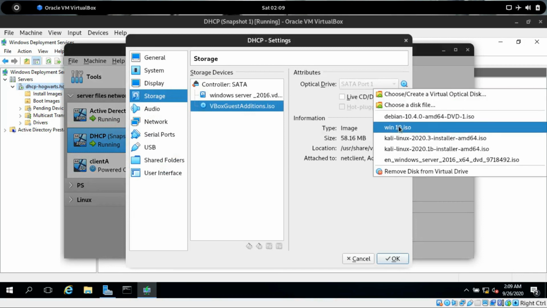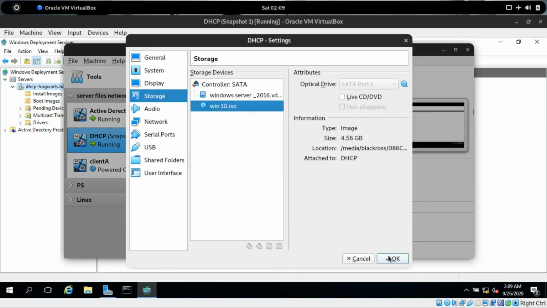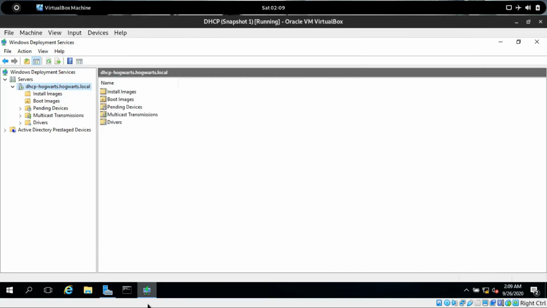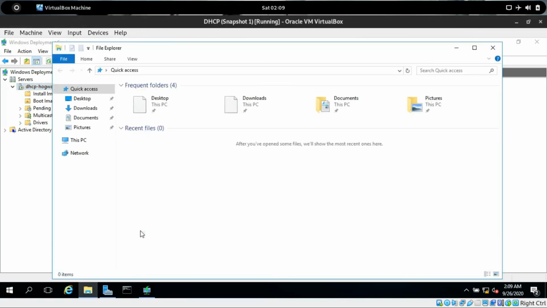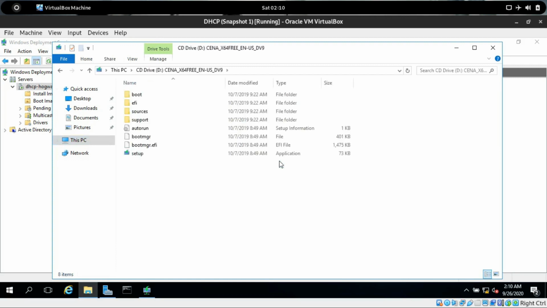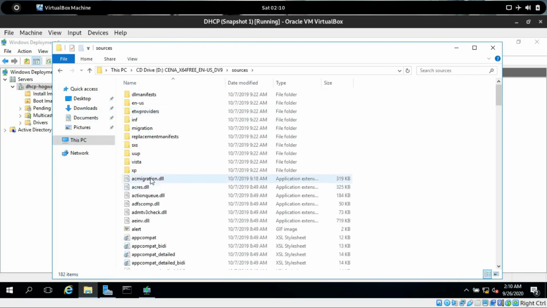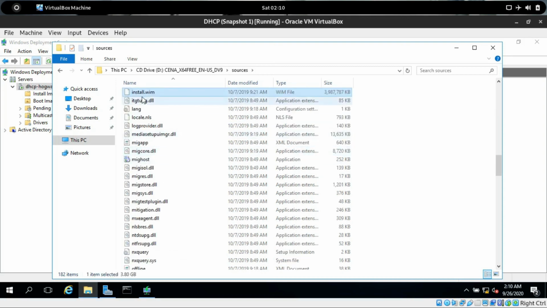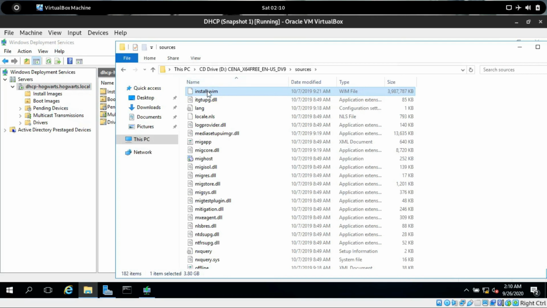I'm going to choose this Windows 10 ISO image. Now in my file manager there is a CD. It's Windows 10. I'm going to open it. In here, sources, and search install. This is the install WIM file,